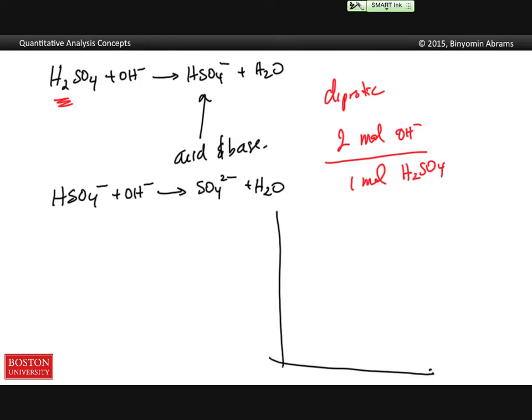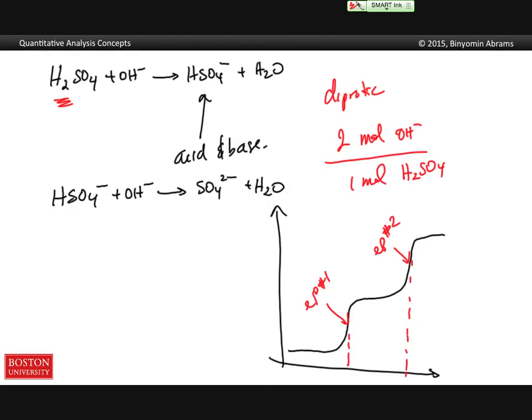Similarly, if we look at the titration curve, we expect to see 2 equivalence points. Equivalence point number 1 and equivalence point number 2 for the 2 protons. What you'll notice, though, is that these 2 equivalence points happen at exactly the same volumes. So